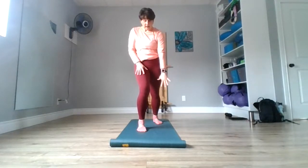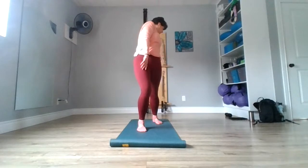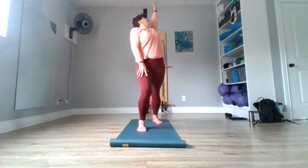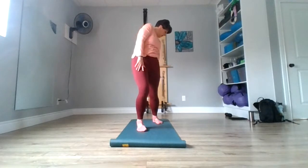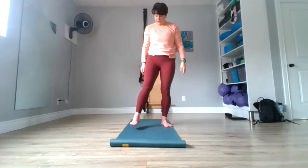And again, let's add a little bit of rotation. So let's reach, reach, reach. And then rounding to come back. One more time. Reach, pressing the hip forward and reaching back. Circling back. Beautiful. And then from here, let's bring our feet